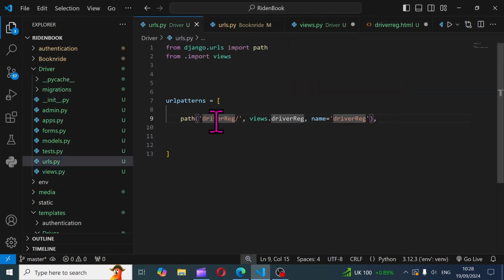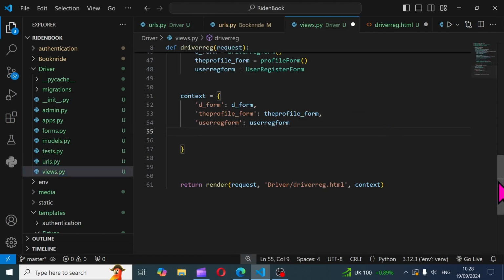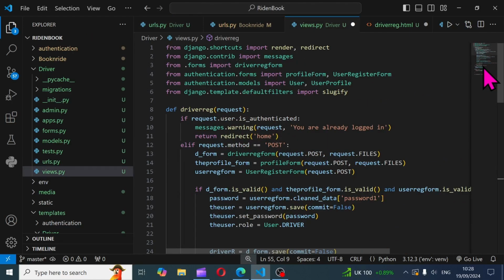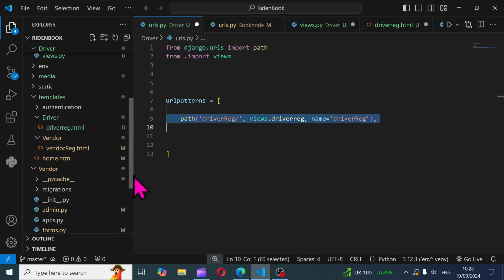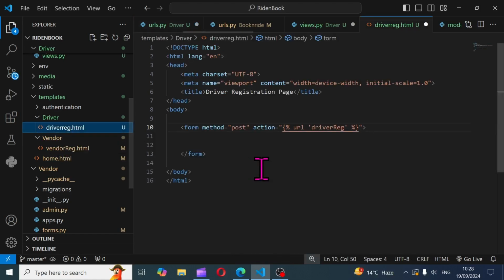You see driver reg, /views.driver reg. This is the function. So if I go to my views, you will see this function. This is it, driver reg. Let me just make sure that this driver reg is the same thing as what I have here. Yeah, so this URL uses this driver reg function, and so we are now saying the action of